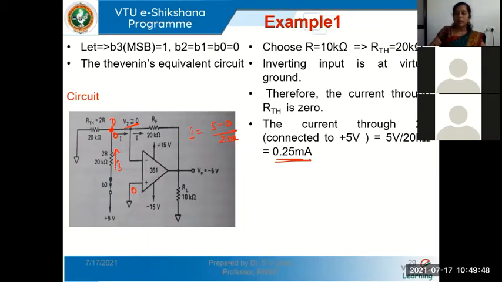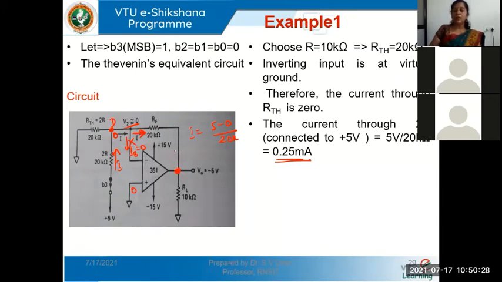Now, this current I, which is coming in this point, can never go into the op-amp. No current can go into the op-amp because the op-amp has almost infinite or very large input resistance. So what happens to all the current coming here? This I will continue in this path. See, this analysis is very similar to the weighted resistor DAC analysis which we have done, right? So all the current I which is coming in this path will move through this RF. So what would be the value of output voltage here?